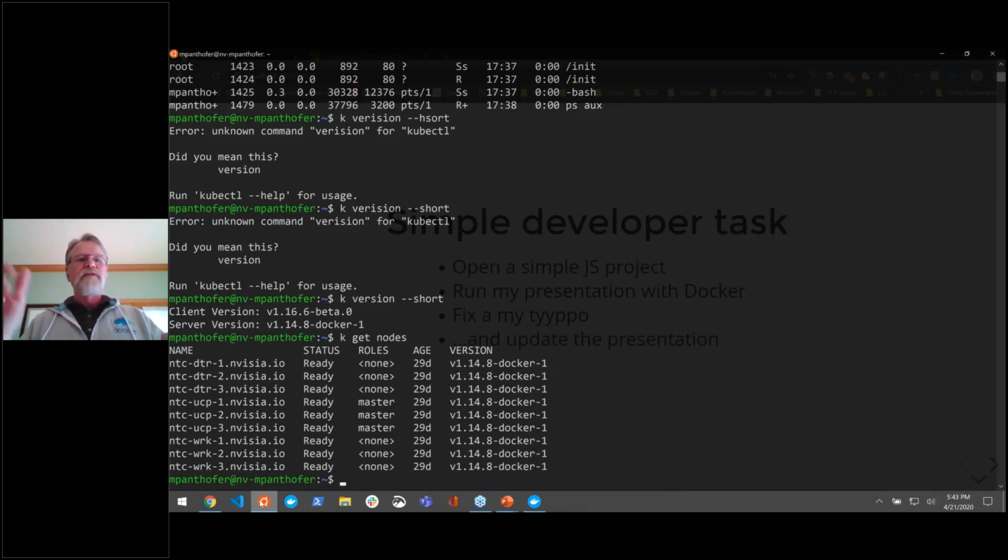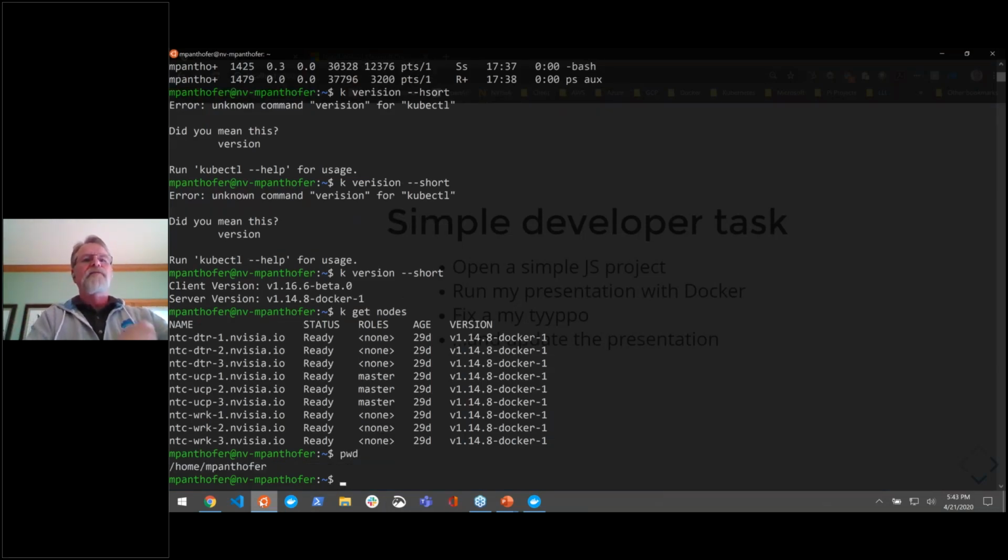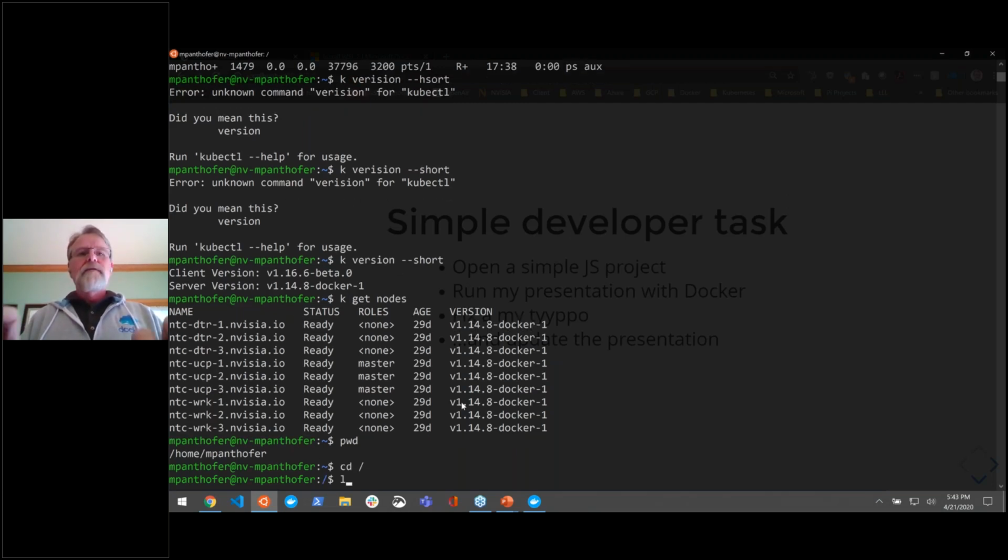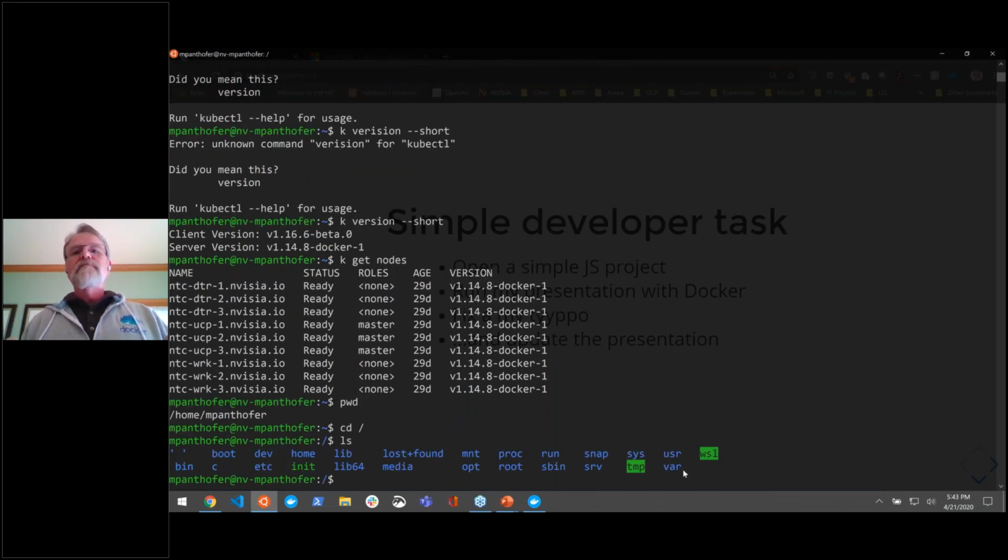So this is the normal setup, right? I fired up, and I'm in my home directory. That's obviously on the Linux side. If I look here, everything looks pretty normal, but I have this, what's this C thing? That's my C drive on Windows, okay? So I can do /C,